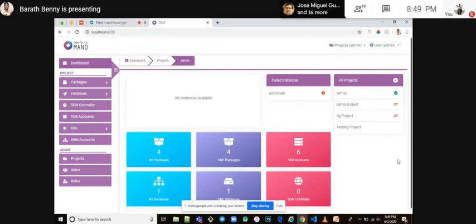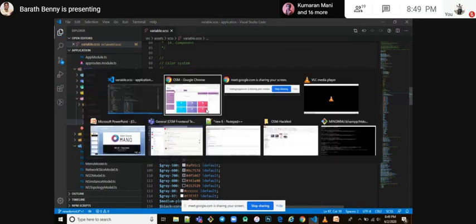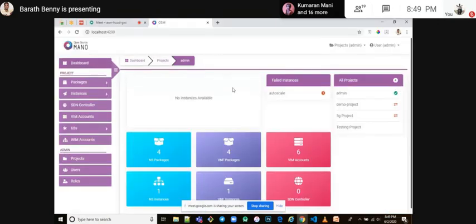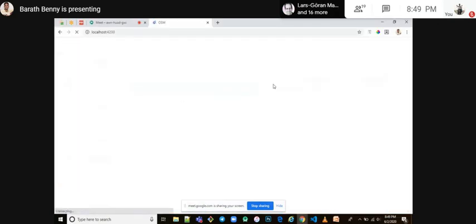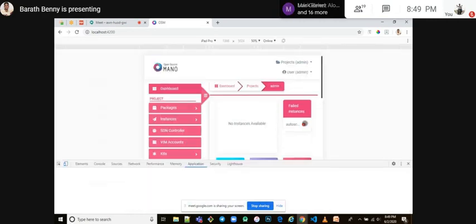It is just a single change in the file, so it will affect the overall application. So you can see the color of the overall application has changed, and theming is very easy to integrate. Likewise, we can change any color. Currently, for the time being, I am changing two colors.